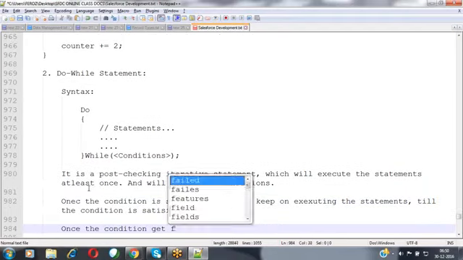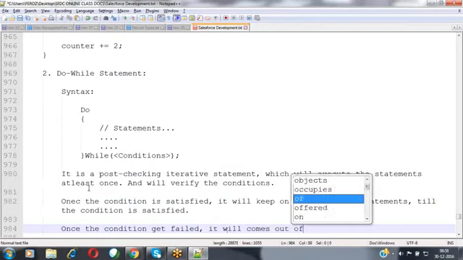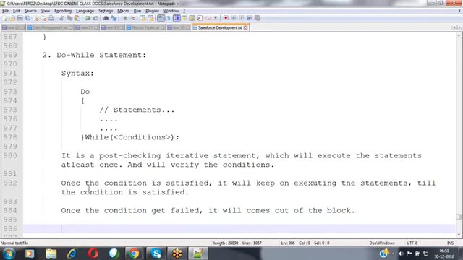Once the condition gets failed, it will come out of the block. This is the process of execution of the do while iterative statement.